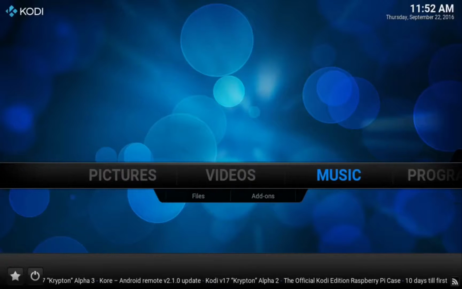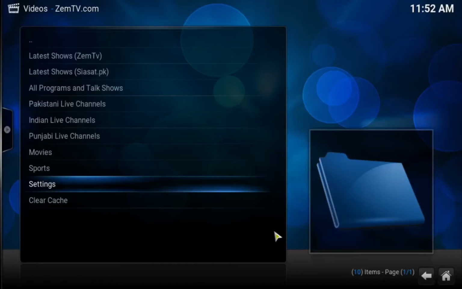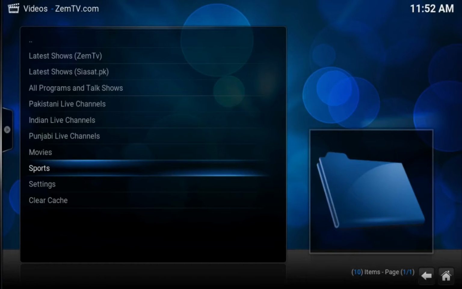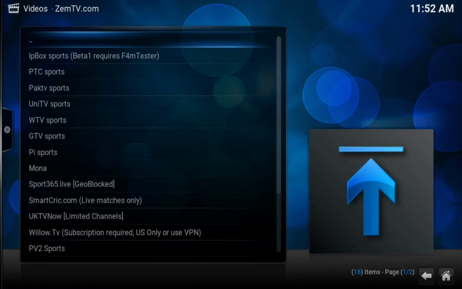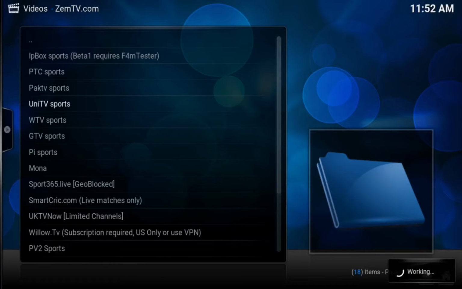So you can do music there. Another one here, which I've got on the short link. So go into Zems TV. Now this is a little bit harder to get to, but you need to go to Sports, Uni TV Sports. Now this takes forever to load because it's got hundreds of different possible channels on, which basically are the same thing, as it turns out. So when this eventually loads up, because there's about 100 of them,